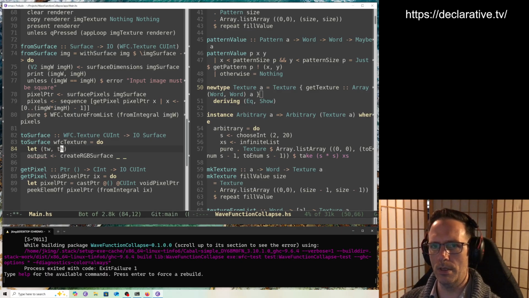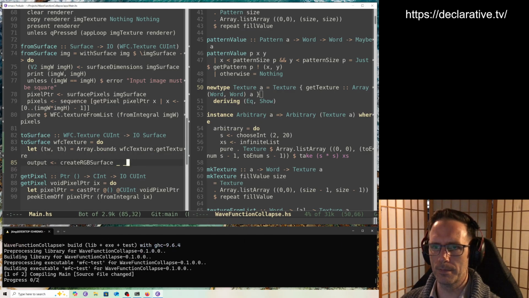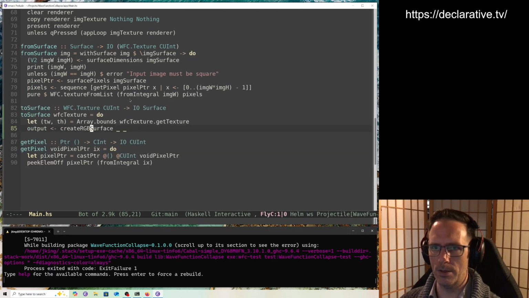I'll say T width and T height just in case, and that'll be something on WC texture, get texture. That'll be array.bounds. Okay, and now that we have width and height and scope, if everything compiles properly,